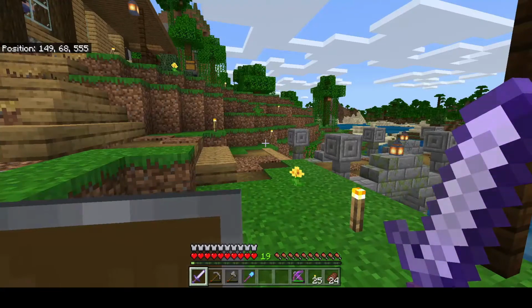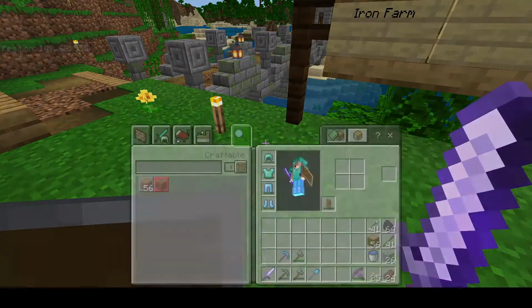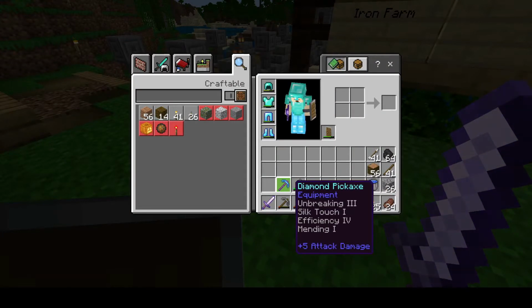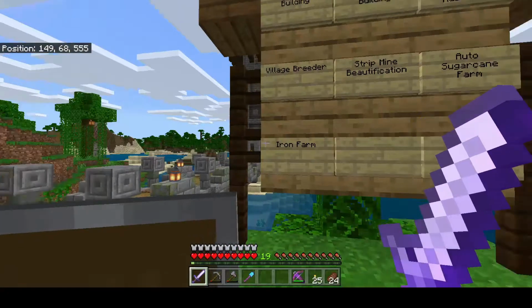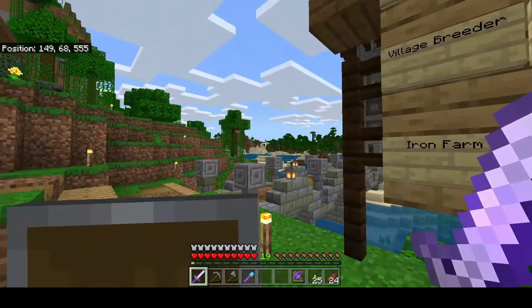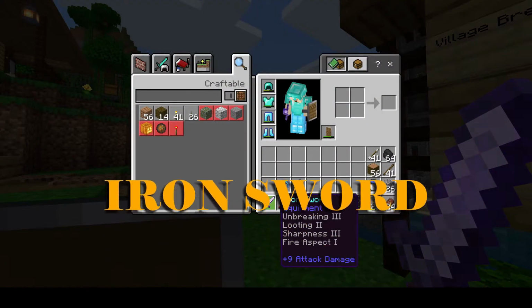Now, I did do some mining, got some more diamonds. As you can see, I'm at 19. And if you look at my armor here, none of it's extra enchanted. I do have a diamond pick, a diamond shovel, both with silk touch. But we're going to need a diamond farm. Oh, and I do have this nice, cool diamond sword that I got from...